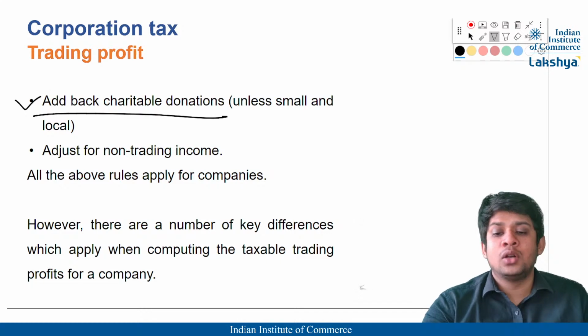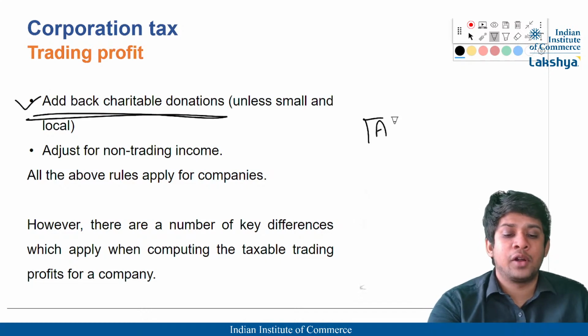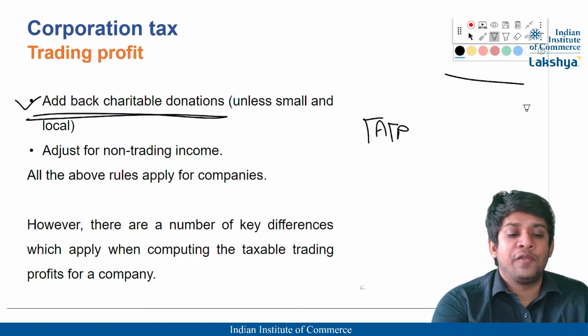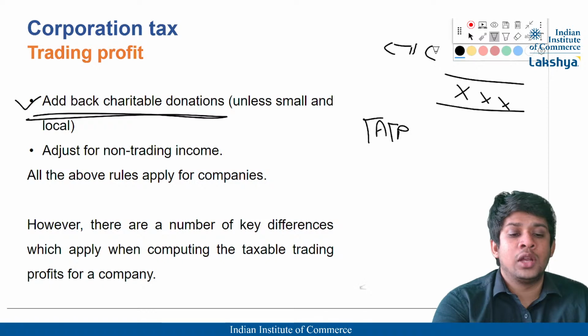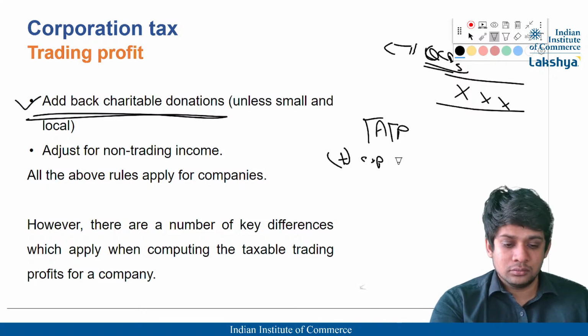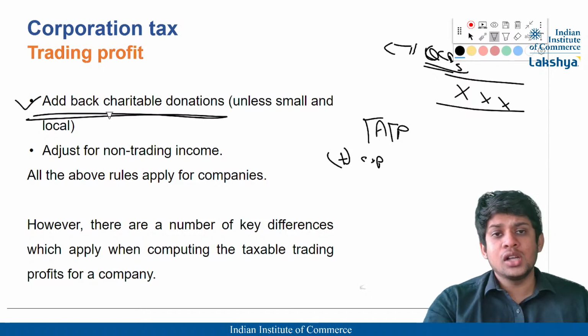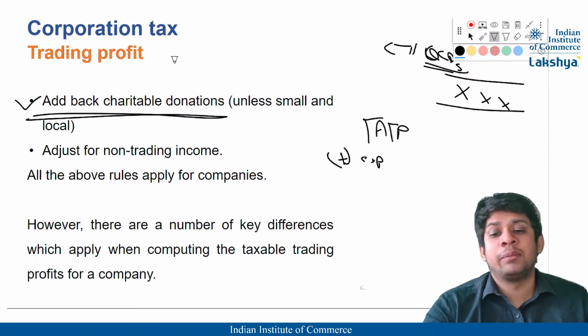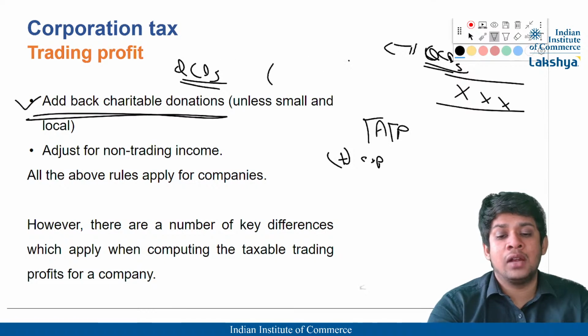Add back any charitable donations in the tax adjusted trading profit, right? In the profit, when they give it to us, they must have deducted any charitable donations, QCDs. So if there are any charitable donations, you will add back that charitable donations expense, because it is not deducted in the tax adjusted trading profits. It should be deducted separately under the head QCDs, right? So in the QCDs you will add it, and eventually from the total profits you will deduct it